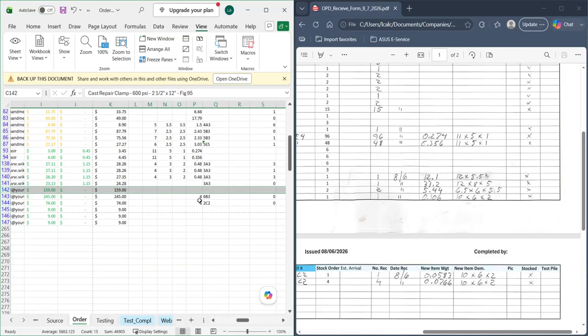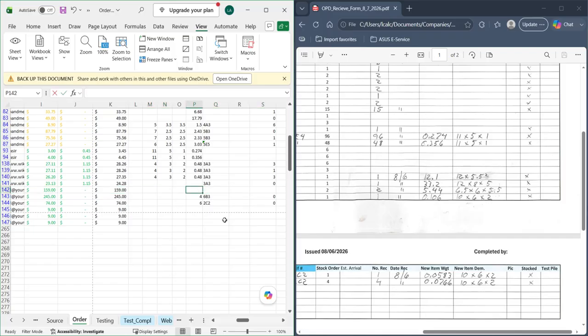Make sure I'm looking at the weight column right here. All right, so it looks like 12.1, 33.2, 5.44, 0.106. Now I'm looking on this page right here. So 0.0583 and 0.0766. So I just entered this information right here, and I can see it matched up pretty well with this